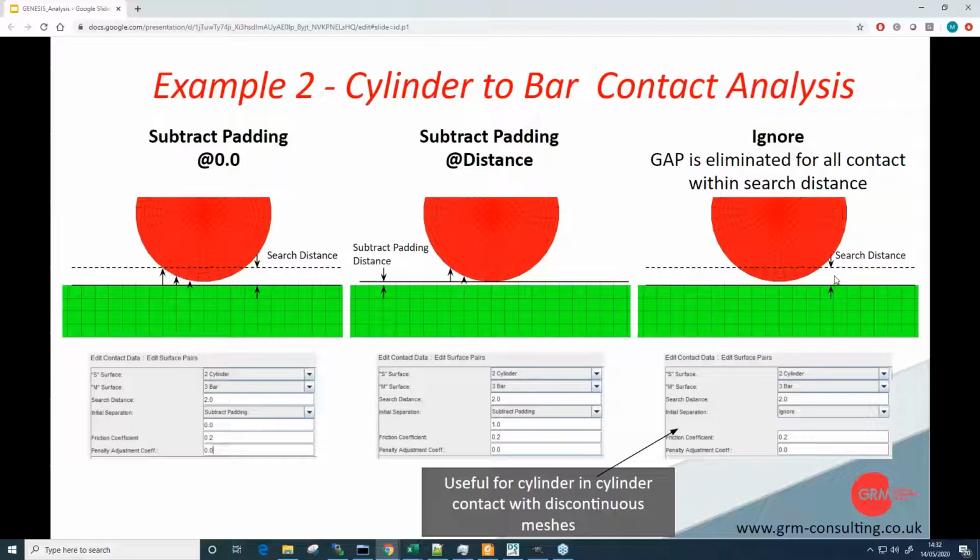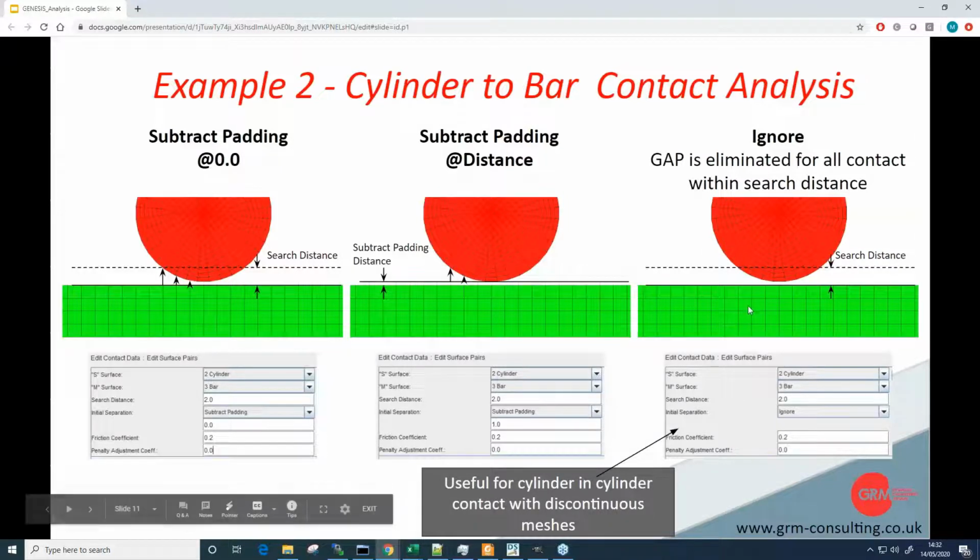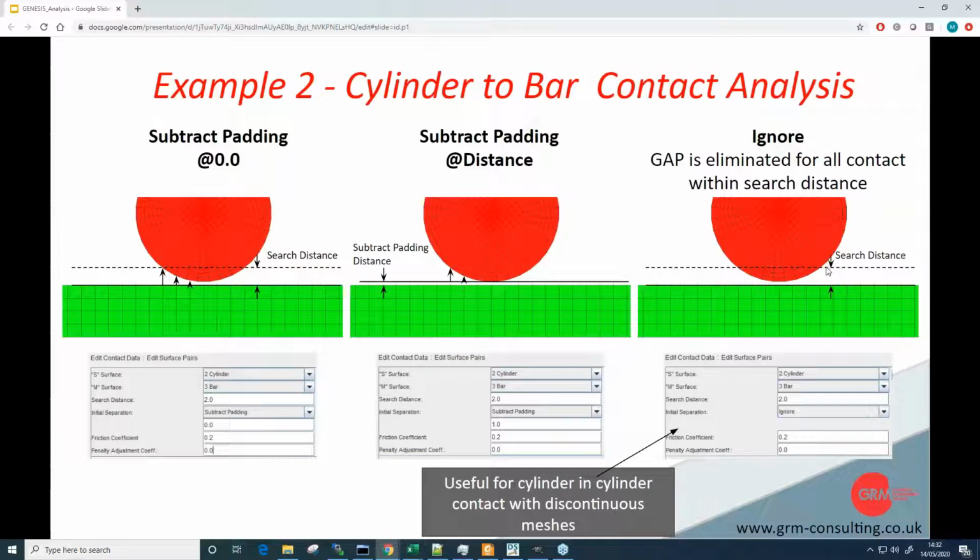And then finally, it sounds a bit reckless, but you can just simply say ignore that gap. And so what happens is any surfaces that are within the search distance of the contact are considered to be immediately contacting at the point of movement. So if you take a cylinder on a flat, that's actually an example where it's not good to do that, because what it's saying is it sees the distance from where my mouse is currently down to the green surface as being in contact. So the pressure is going to be applied across the whole surface, which is not a